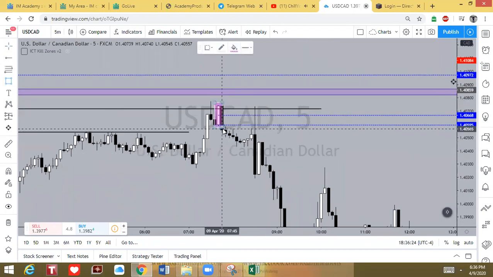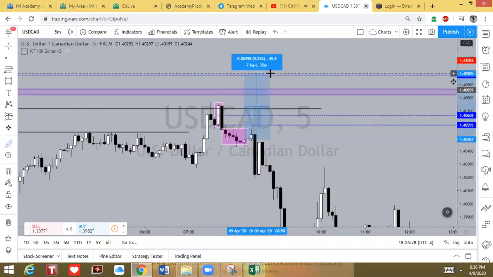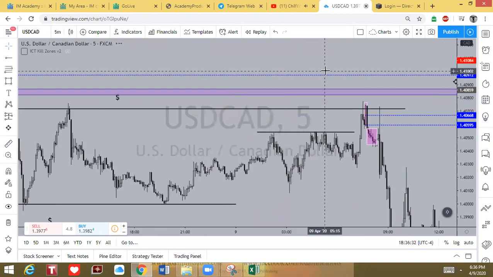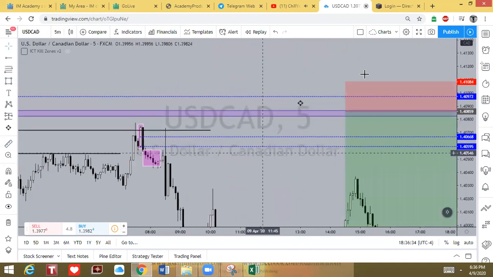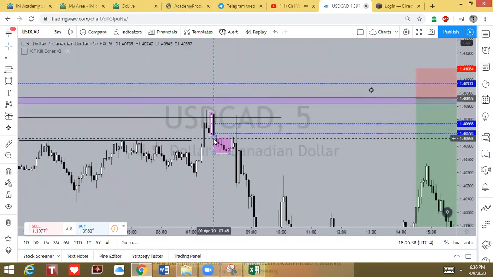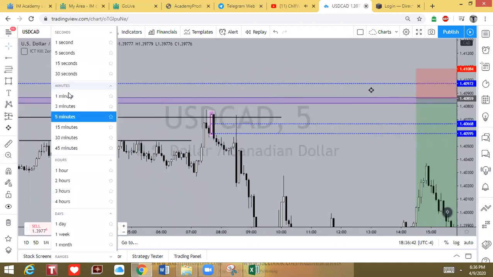Don't enter down in here, right? Because then what? You got to use a 50 pip stop loss, right? Even higher because it's all up here. Where's that stop loss at? You got to use something higher than a 50 pip stop loss. So if you're looking at that candle, you just want to sit and wait and wait and wait. And as you see, it gave you your entries,